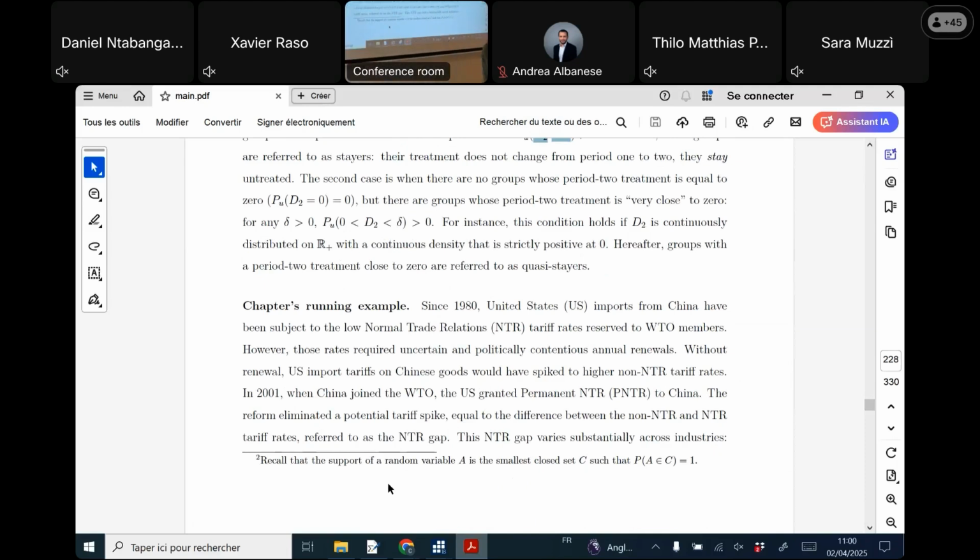So it's a bit of an abstract treatment. The treatment amounts to eliminating uncertainty on future tariffs. And the amount of uncertainty that was eliminated by the reform varies across industries, because if the Senate had not voted the extension of this policy, tariffs would have gone back to some old tariff rates that had been fixed in the 30s, if I'm remembering correctly, that varied a lot across industries. So you would have had industries where tariffs would have spiked to a much higher level because this old tariff from the 30s was very high, and industries where the tariff spike would have been much lower. And so that leads